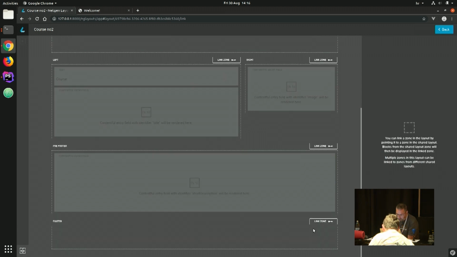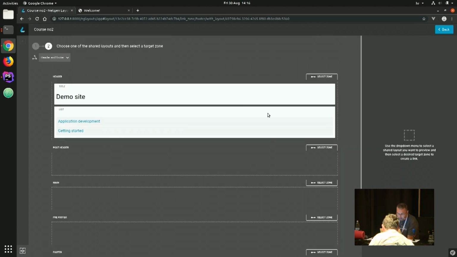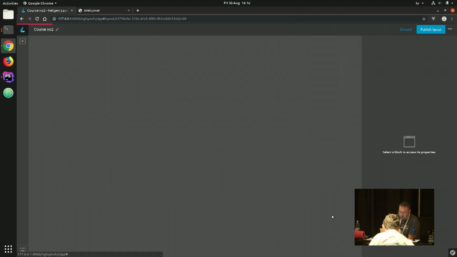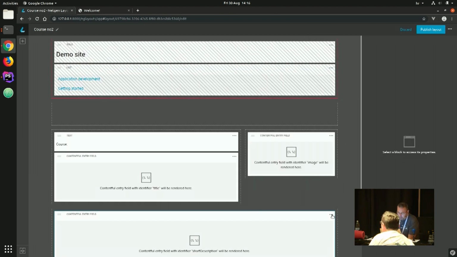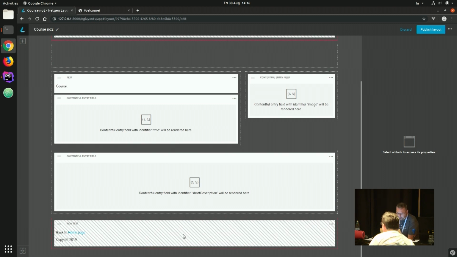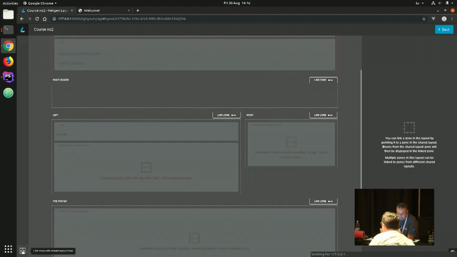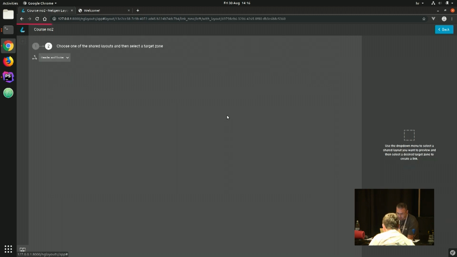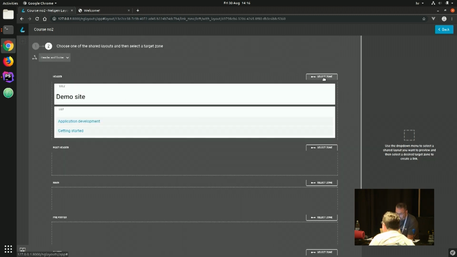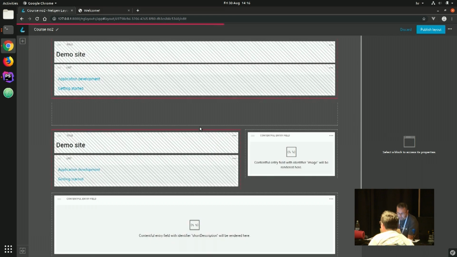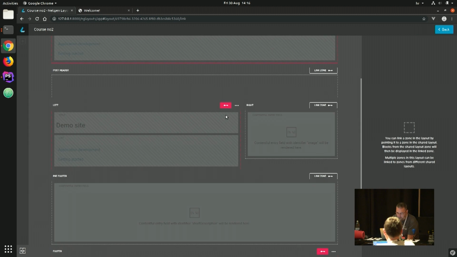Again, let's click here, link the zone, footer zone. Of course, you cannot change or add more blocks in this thing. What you can do is, I could actually override this here just for fun. So let's link this zone and put another header in this zone. So what happens is that I have duplicate headers, but I can also unlink this. So I just say unlinking, and I will actually see my blocks again,